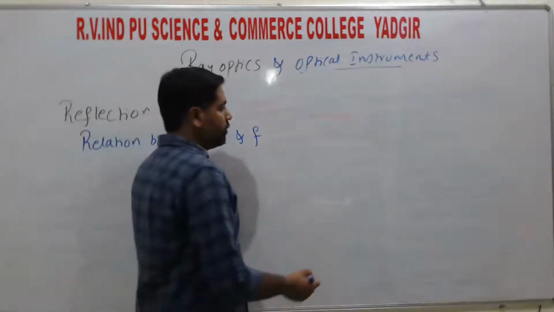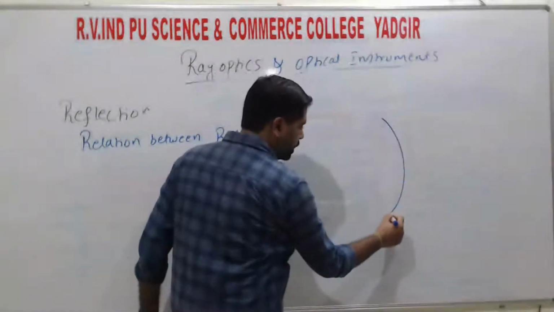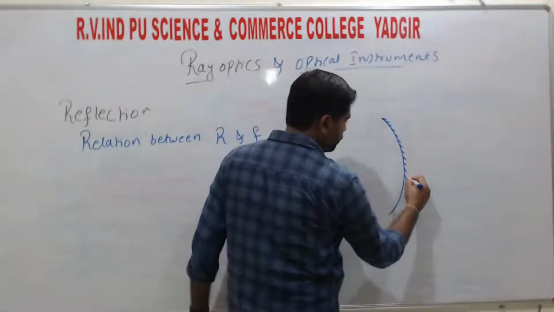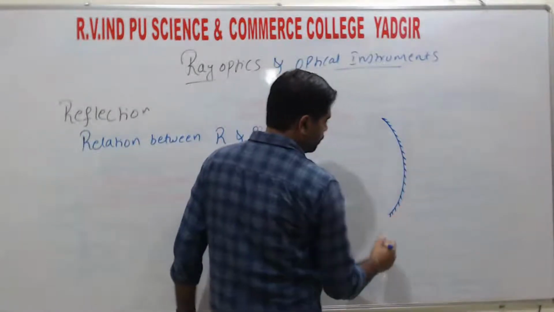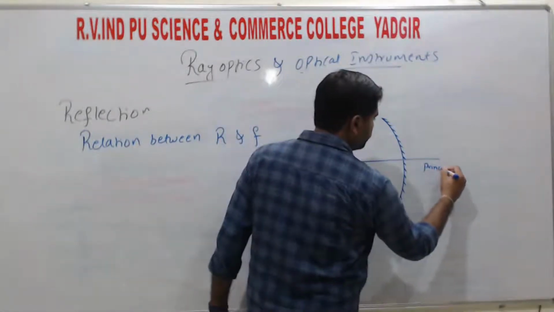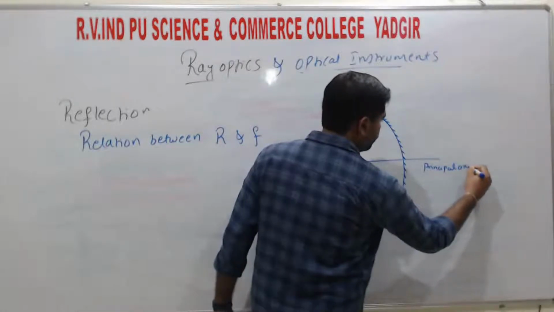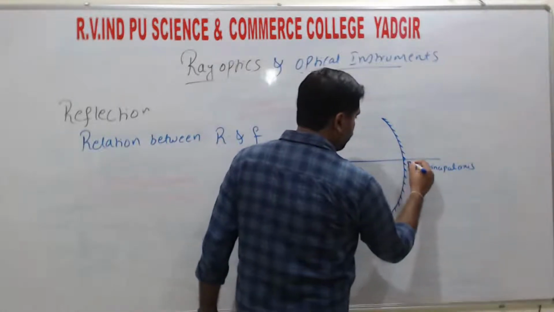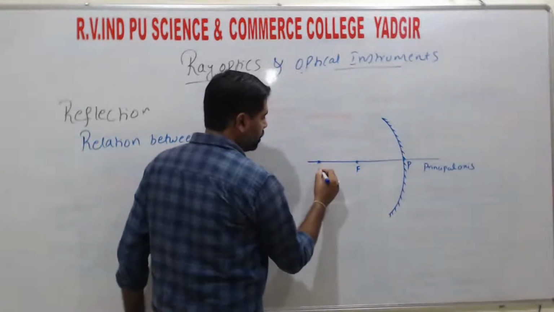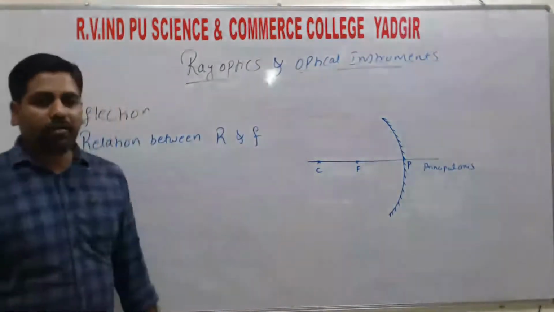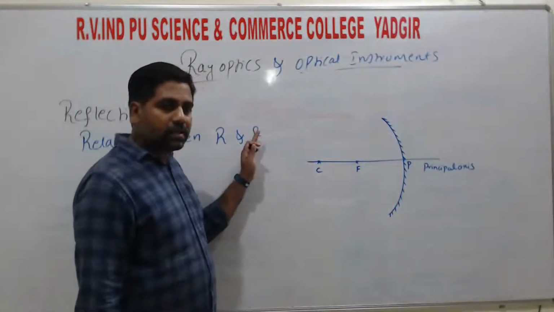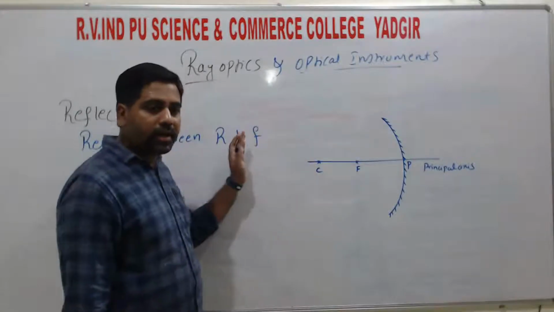For that we are considering one mirror. This one is the principal axis. Here we have the pole, the focus, and the center of curvature, right? So considering the object is at some distance, the rays emanating from the object